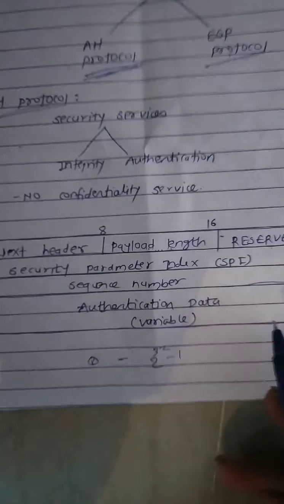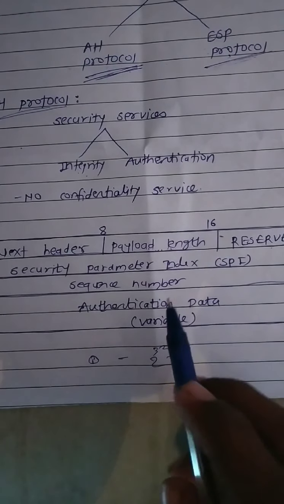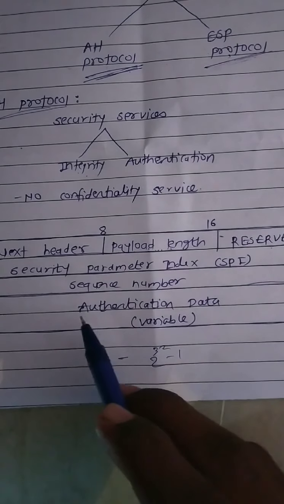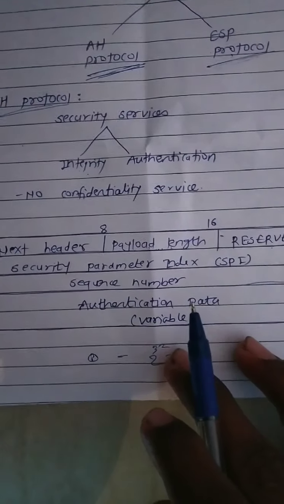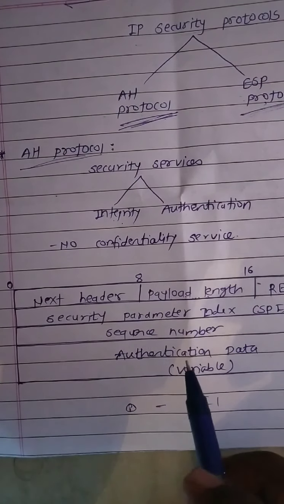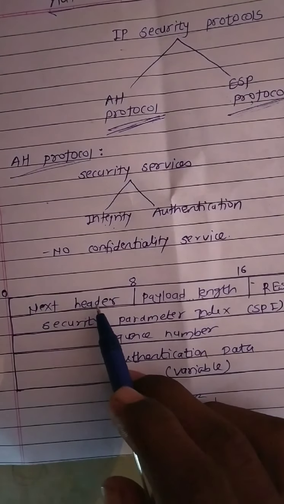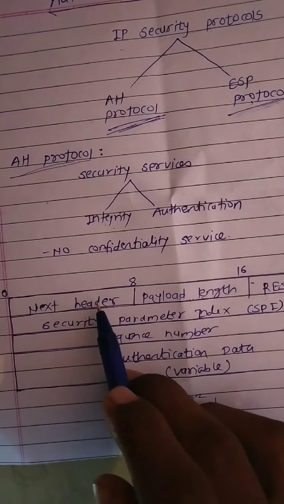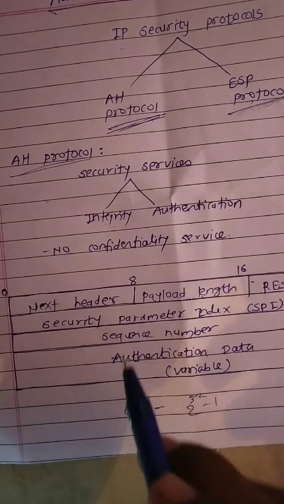So this is the header. There are a number of fields and this is a bitwise representation of the same. We are going through them one by one. So this is the next header field. This is an 8-bit field and it tells you about the type of header which is immediately next to